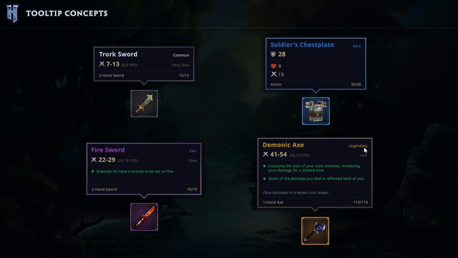Demonic Axe, a legendary weapon, causes 41 to 54 damage, and it's fast. And it's a one-hand axe, which means this is very OP, but it has some side effects. Consume the soul of your slain enemies, increasing your damage for a limited time, which means the more damage you cause, the more damage you will be able to cause even further. It keeps increasing your attack damage, which sounds OP again, but some of the damage you deal is reflected back at you. I don't know if this is entirely...